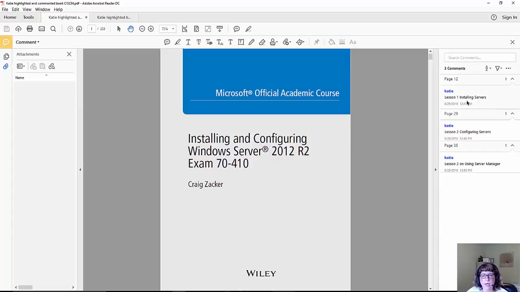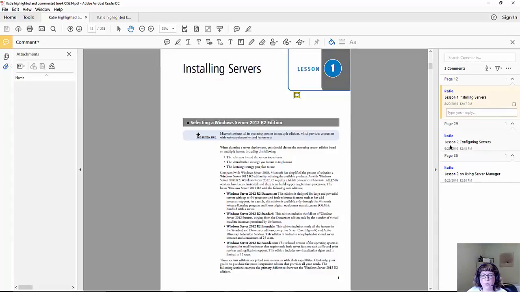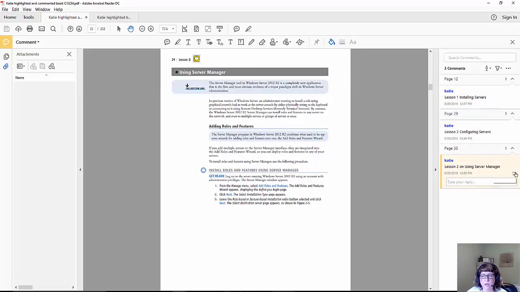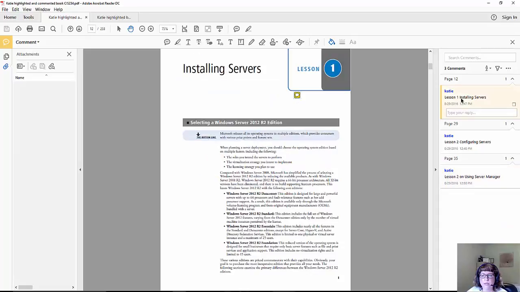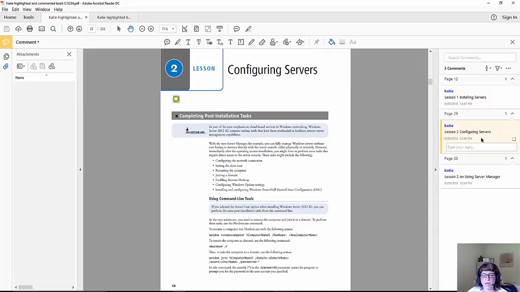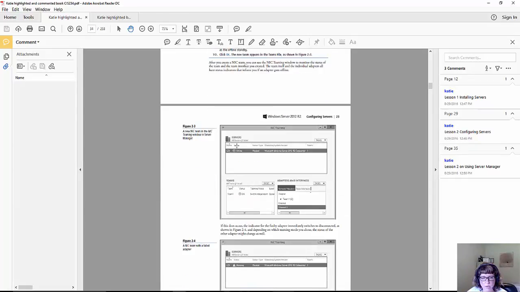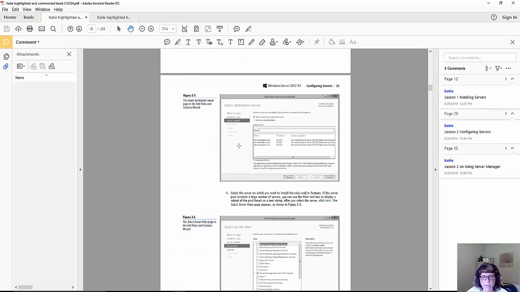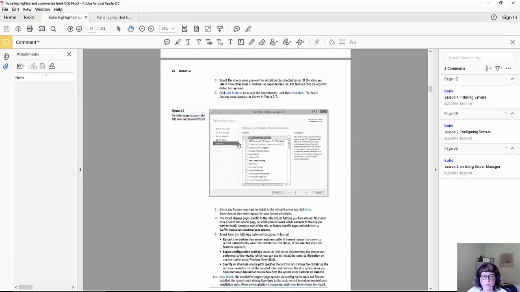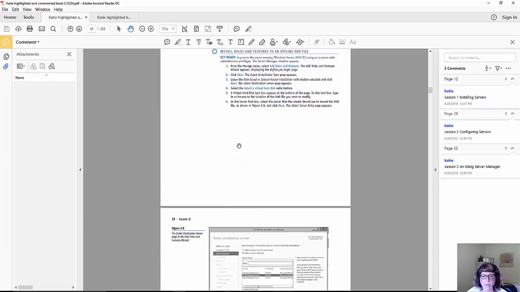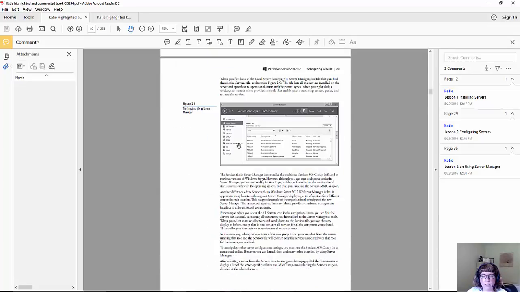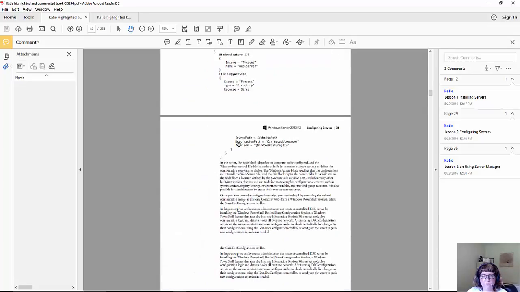What I started to do on my copy is I added comments, so when I want to navigate to each section, I can navigate. Like lesson 1, installing servers, or if I want to go to lesson 2, I added a comment. In the PDF reader, all you have to do is say that I'm going to go ahead to lesson 3. If I go through this and make a comment in each of the lessons, I can throw my file out there,